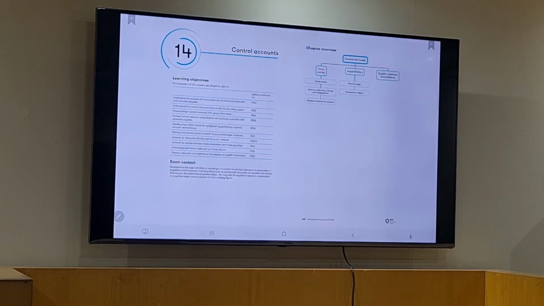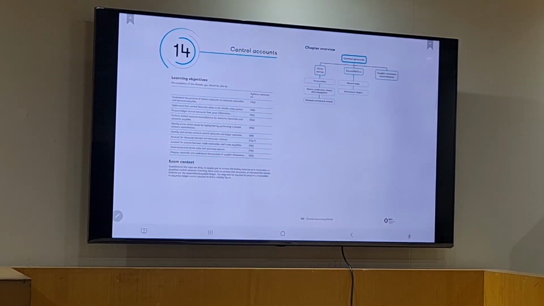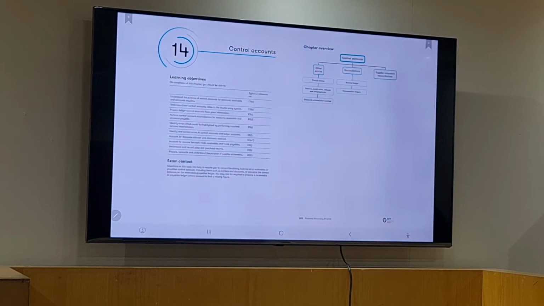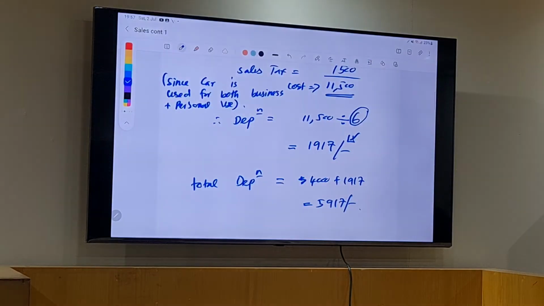We will learn once again control accounts. Now, at the beginning we studied prime entry books. We studied the prime entry books: sales day book, purchase day book, sales return day book, purchase return day book, cash book, and some other type of prime entry book. So, if you remember,